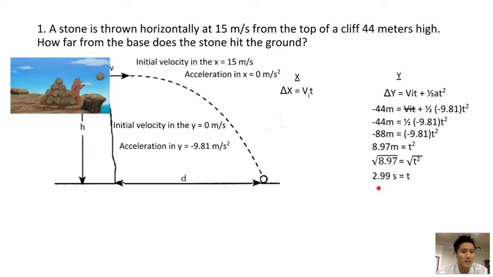Our time is going to be 2.99 seconds to fall all the way down here. Okay, and so now we can plug that number into our equation here, and so we plug that in for our time, we calculate for that, delta x is going to be equal to